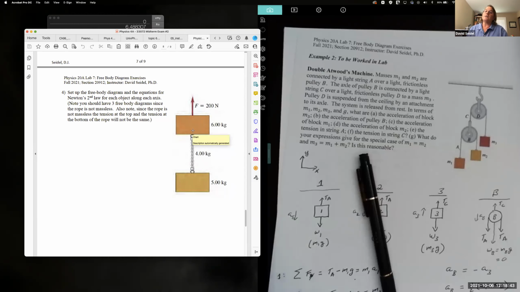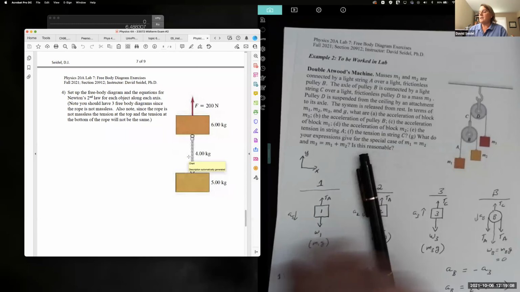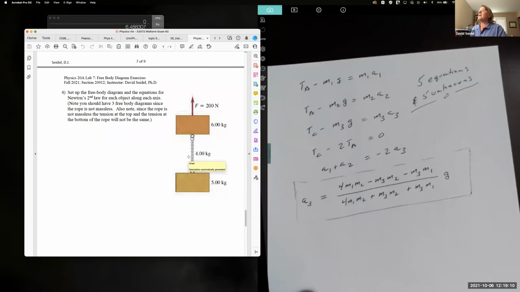Unlike most of the chords we've talked about, if not all of them, this is not a massless rope. It has weight, a distributed weight along it. You should still be able to figure out the tension at the top and the tension at the bottom. I could ask you to find the tension everywhere in between, but think about the fact that